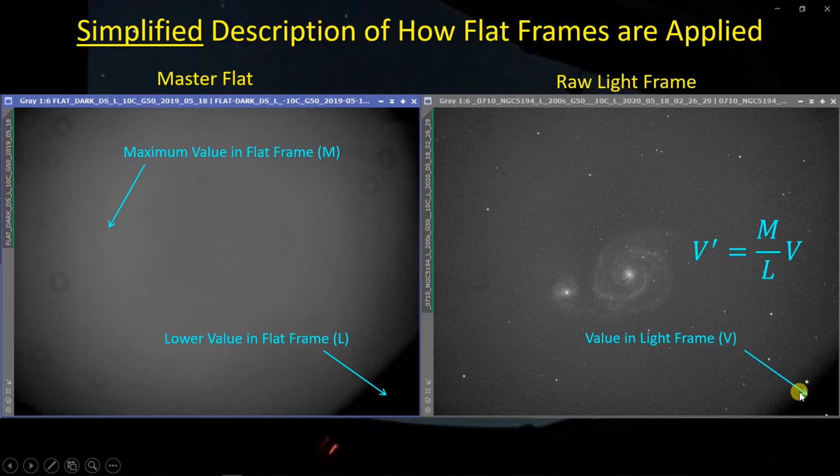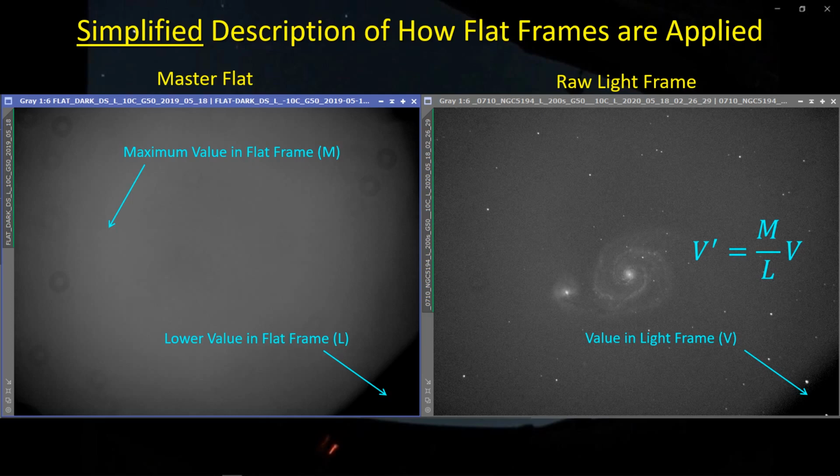What we're doing in a simplified way to correct for the intensity at this location in the light frame is to multiply the value in the light frame, V, by the maximum value in the entire flat frame, divided by the value in the flat frame at that same location as V. So we're multiplying the value V by a number, M divided by L. By definition, M is the maximum value in the flat frame, and L is going to be less than M, so this number is always going to be bigger than 1. At best, it'll be equal to 1